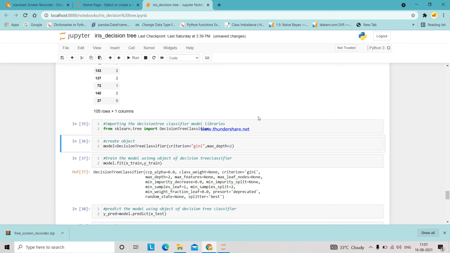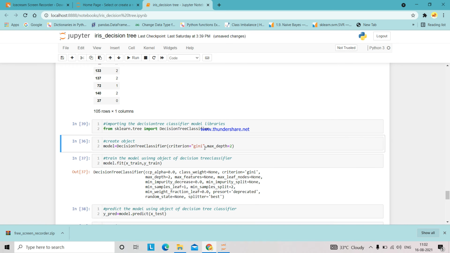And next, I want to import the decision tree classifier algorithm. Actually, for classification, we can use KNN classification, logistic regression classification, and we have so many other methods. But I'm using the decision tree classifier. So I'm importing DecisionTreeClassifier from sklearn. So I want to run it first. Here model equals DecisionTreeClassifier with criterion gini.